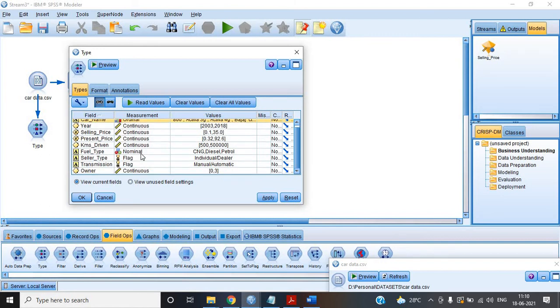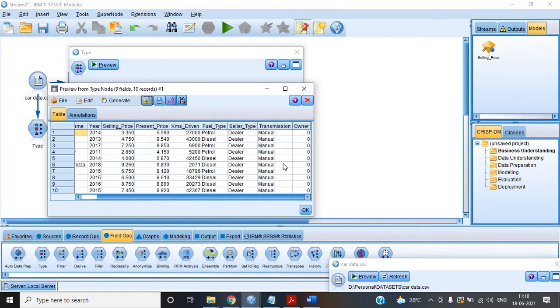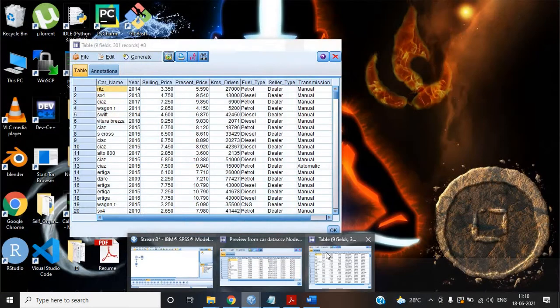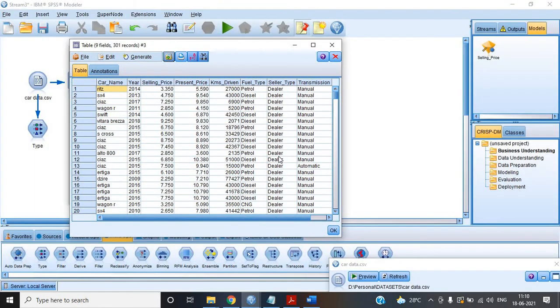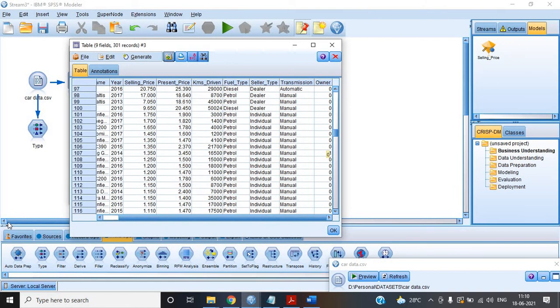Okay, and the owner, we have seen in the previous view. We've seen, you can see again, there are only those values. Owner. Is there anything here? There is 0, 3, 1.